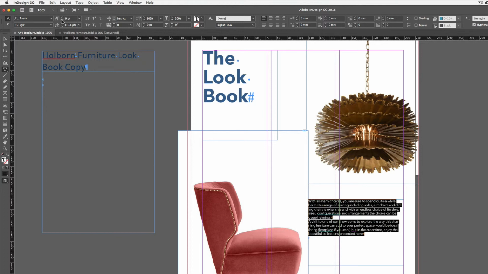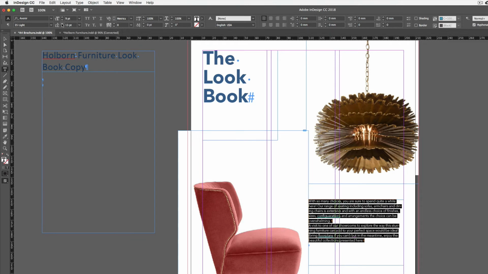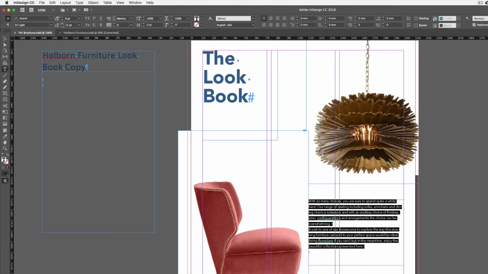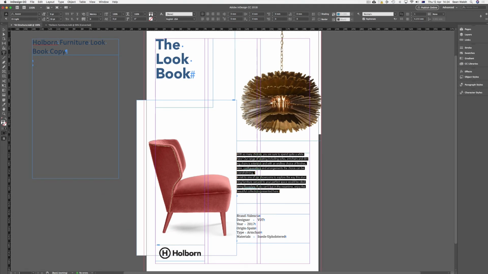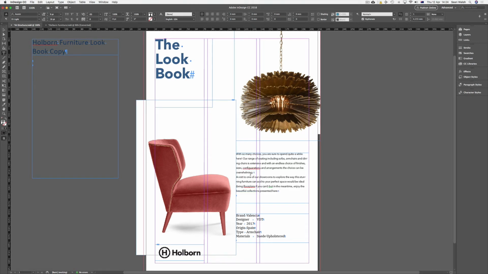Now this time I actually want to add a little bit of extra leading or spacing between the lines here. So I'm just going to bump that leading up to say 16 points. There we go, bit of extra space between those lines. Okay, and looking at this text, we can see that we've got a red underline there telling me that there's a potential spelling error. So I can just right click on that and then choose my options from the spelling